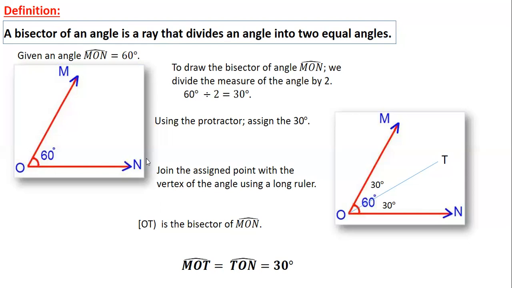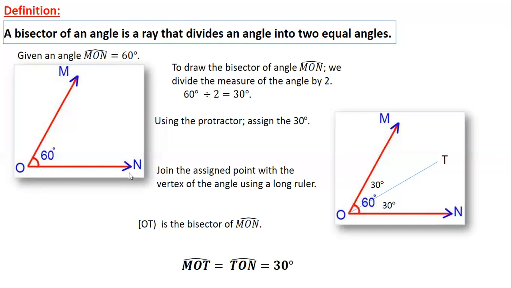Given this angle here, we have angle MON. As you can see, angle MON has a measure of 60 degrees. So again, I am given an angle MON having a measure of 60 degrees. Of course, all of you should know how to draw an angle. We draw an angle using a protractor, the semicircle that I talked about a minute before. So first, we draw the angle MON equals 60 degrees, and I want all of you to practice drawing angles